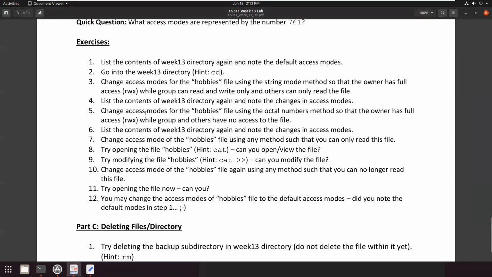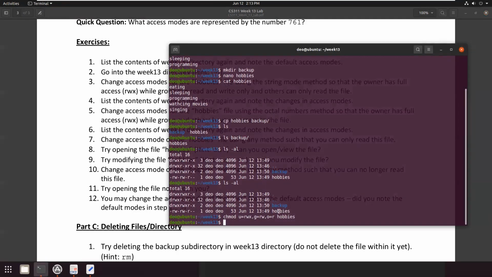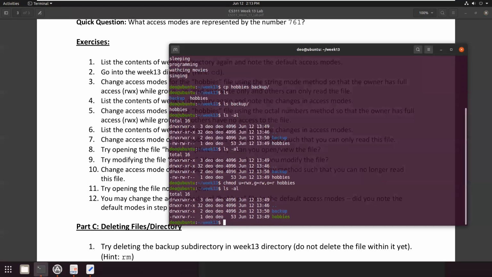Okay. Then it says list the contents of week 13 directory again and note the changes in access modes. So right now for the hobbies file, we had these particular permissions. And now when we do an ls -il again, you will notice that there are some changes. Initially we had read and write but no execute, but now we have read, write, and execute for the owner.